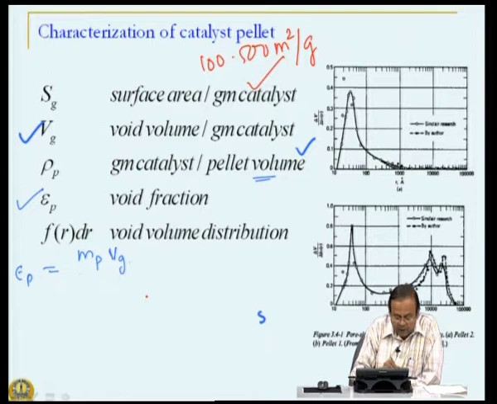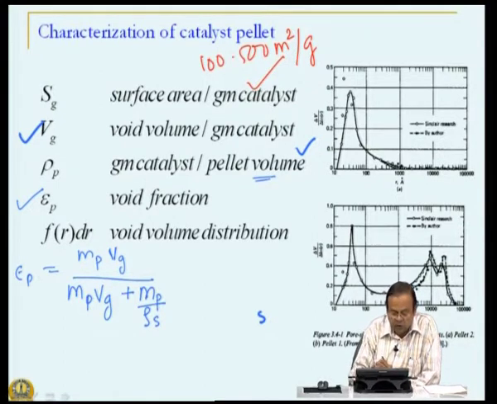So, Vp divided by void volume plus the mass divided by the density of the solid. So, this is the volume occupied by the solid, and this is the volume occupied by the voids, this is the volume occupied by solid. So, the ratio of these two quantities is nothing but my void